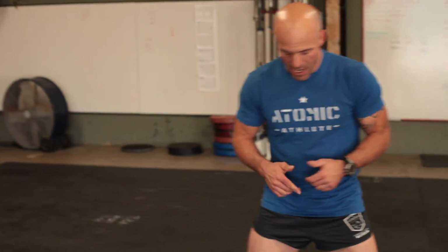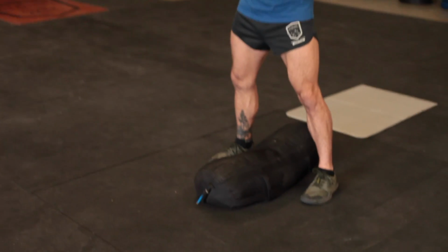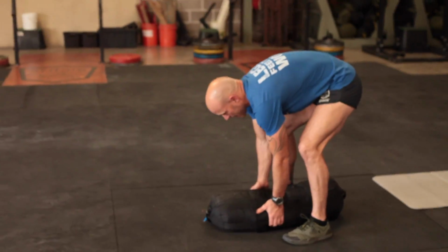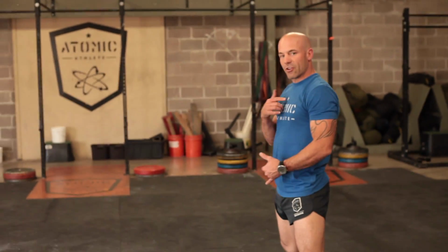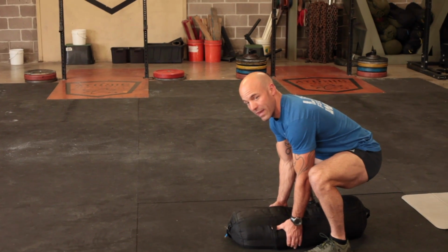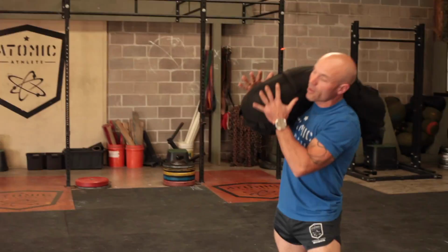Sandbag get up is basically lying down and standing up with the sandbag on your shoulder, all right? The first thing we want to do is make sure we pick up the sandbag with a good, strong position, okay? I straddle the bag. I'm going to hinge forward. Notice my back position here. I'm not going to simply pick the bag over like this, right? What I want to do is have a good flat neutral back. I'm going to squat down, grab the bag with both hands, I'm going to simply pop it up onto my